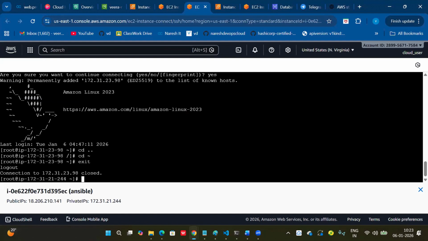So I'm going to implement the dynamic inventory file. For that, we have to follow a few steps here. We have to install Python boto3 and we have to install the Ansible dependencies in the background. A few steps we have to follow. So I'm going to share the document with you, just 4 commands only. You just follow the document steps also.